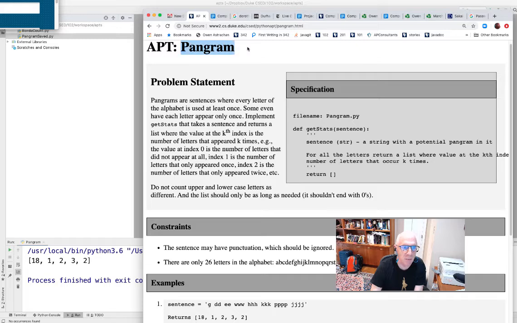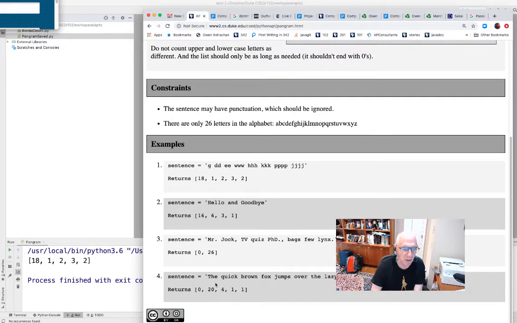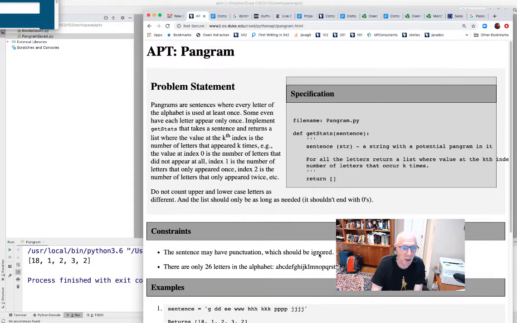First, a pangram is a sentence where every letter of the alphabet occurs at least once. And they give us an example down here: the quick brown fox jumps over the lazy dog. Every character in the alphabet, A through Z, occurs at least once. But we can see that's why there are no characters that occur no times. So the first number in this list is the number of characters in the alphabet that occur no times. This is the number of characters in the alphabet that occur one time, the number of characters that occur two times. And if we come back up, it says